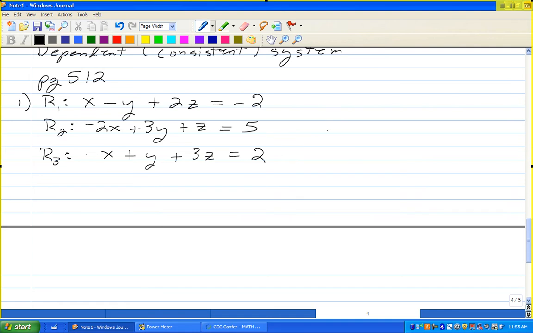Okay, so the first thing you're going to have to do is determine what variable you want to